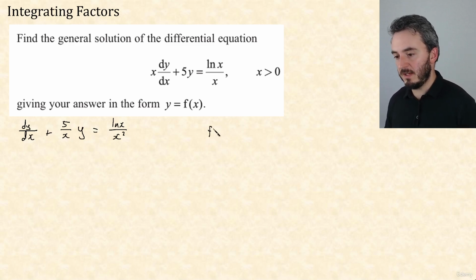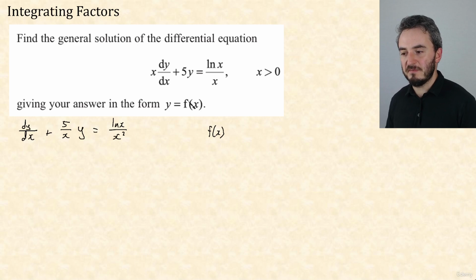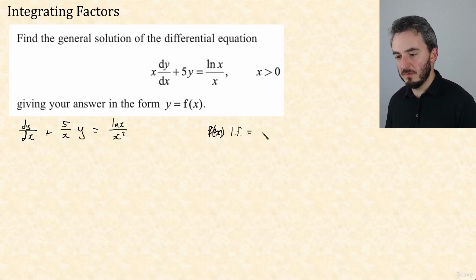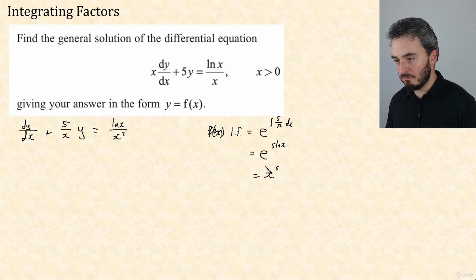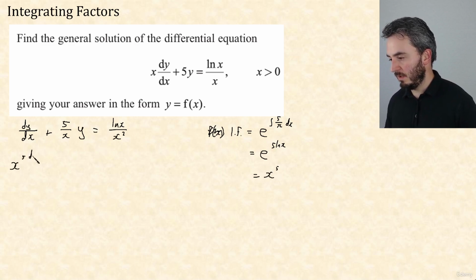So my integrating factor, f of x. Okay, a little bit confusing because there's an f of x there. Maybe I'll just write integrating factor equals, rather than f of x, to avoid any confusion, e to the integral of 5 over x. So what is that? Well, the integral of 5 over x is 5 ln x, so e to the 5 ln x. 5 ln x is ln x to the 5, and so e to the power of that is x to the 5. So I'll multiply through by x to the 5, and we have x to the power of 5 dy by dx